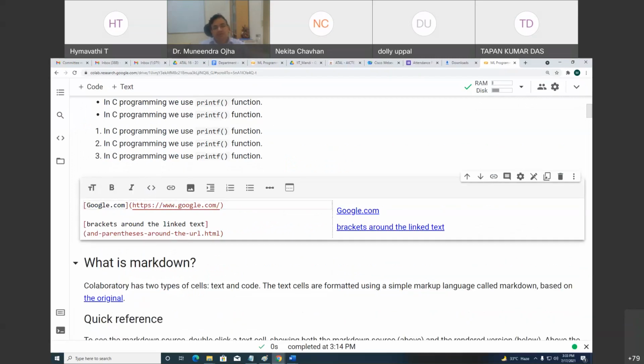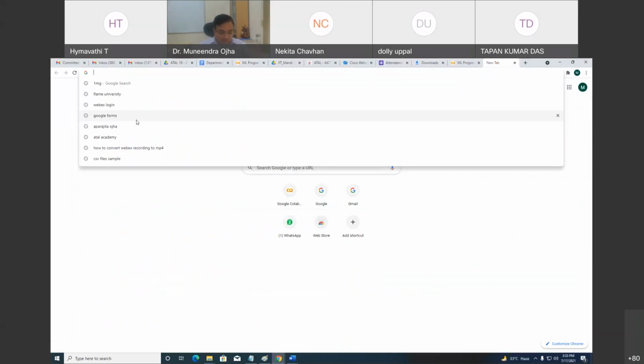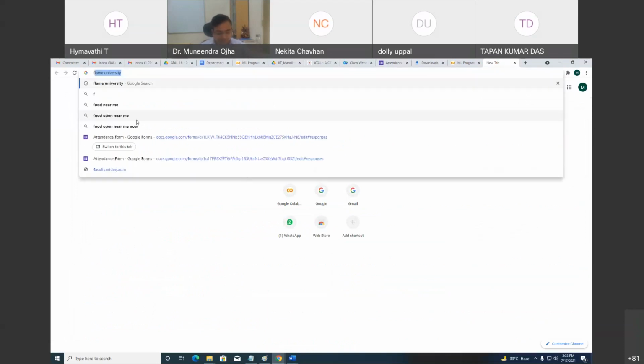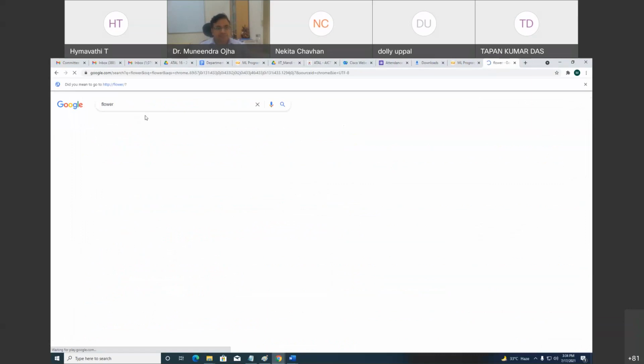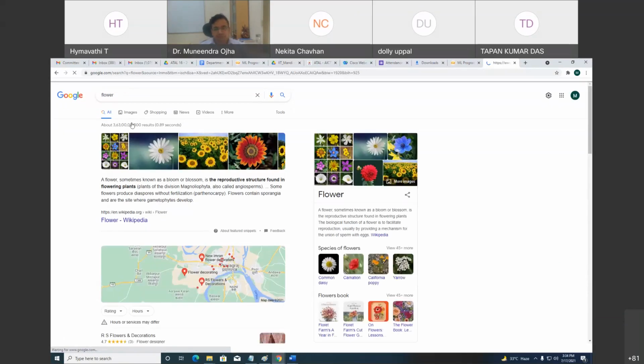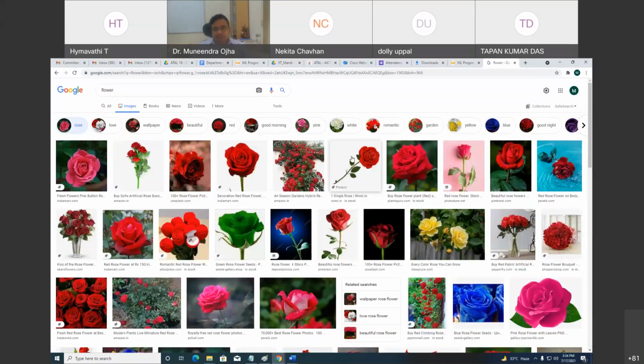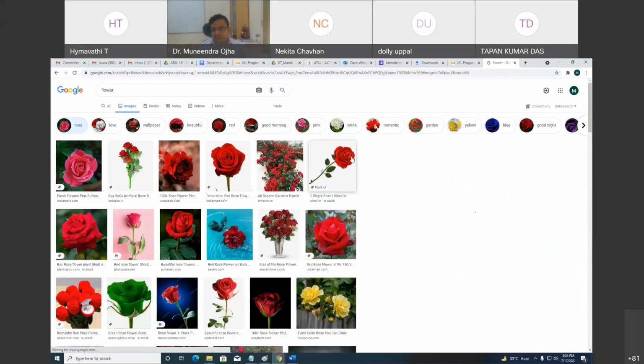Now, in place of this link, suppose you have an image, and you want this image to be embedded over here. Let me just find an image of a flower. This is a beautiful image.